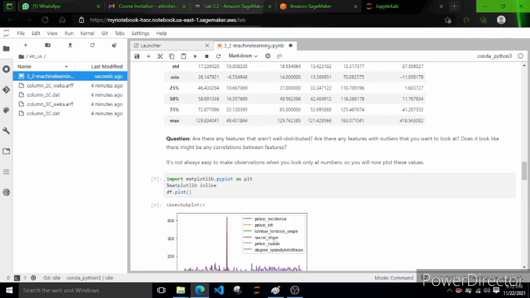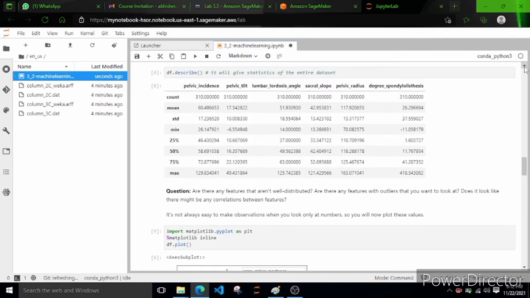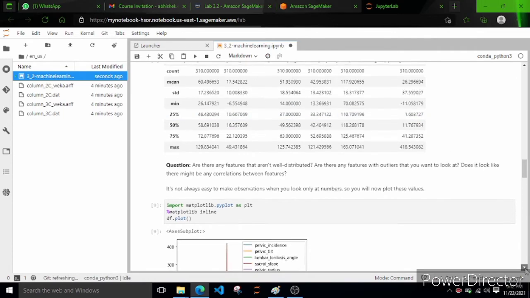So if you see here, using matplotlib you can plot and visualize different outliers. And if you see the last column here, outliers are some values which are very specific, very peculiar, and they usually don't contribute in making data meaningful.